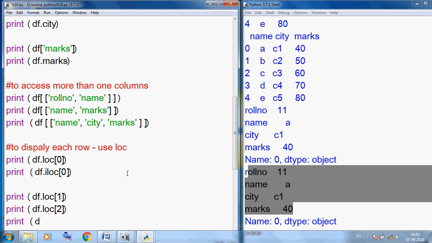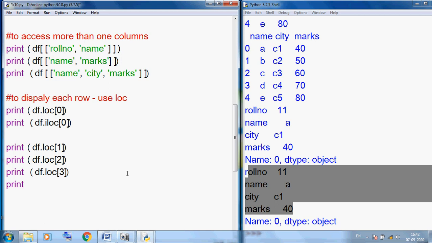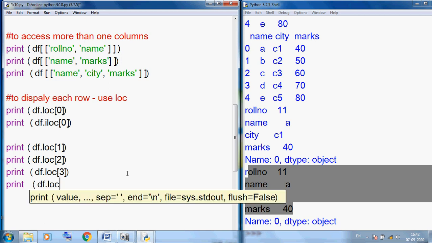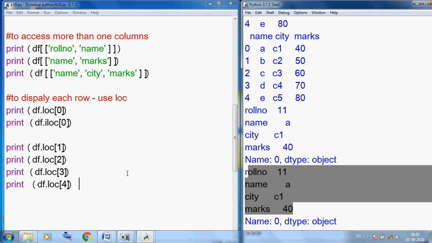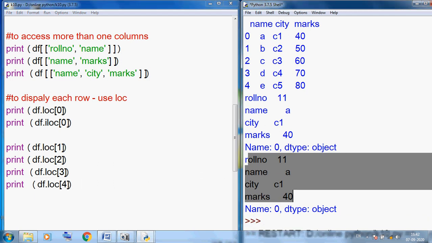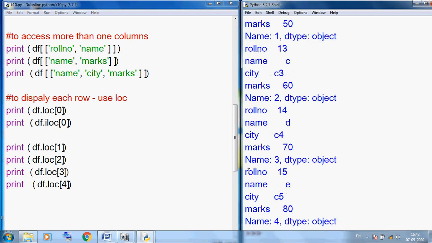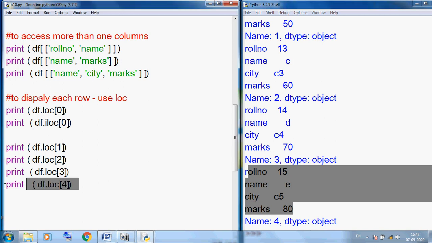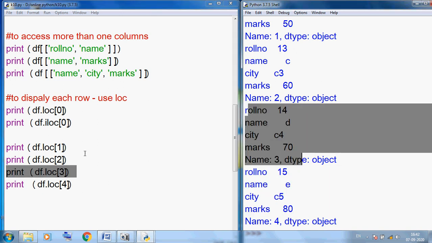Here I am using df.loc, it will display the third row, and here I am using print df.loc, here I am using 4. So you can see one by one, here I am displaying the output. So you can see this is our last student's data. This is our second last data. Okay, you can understand better.